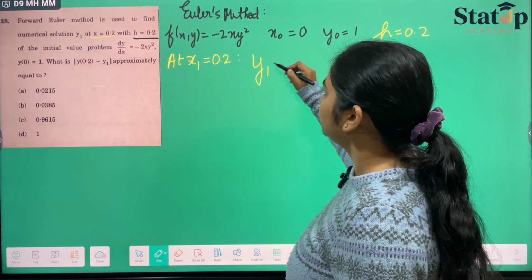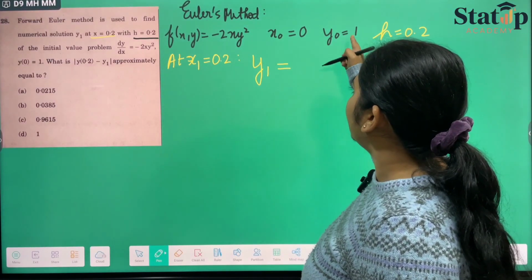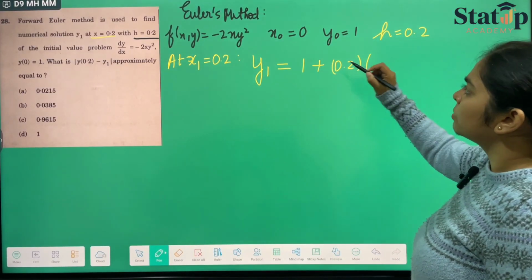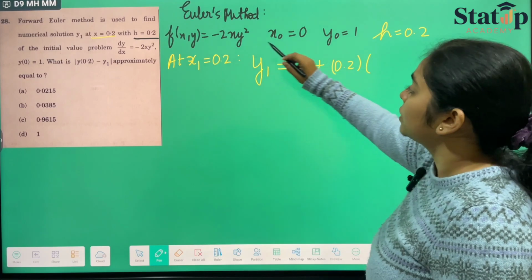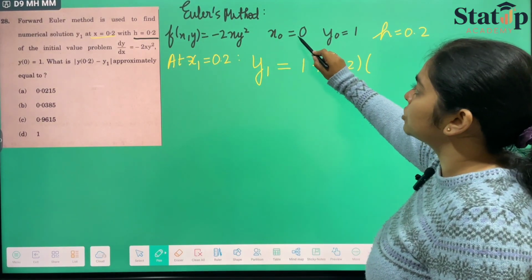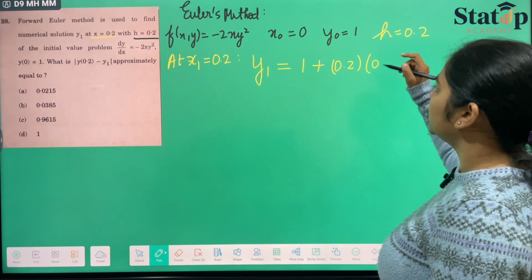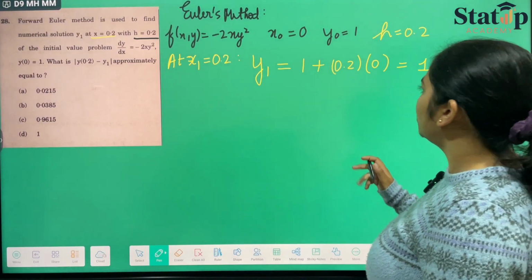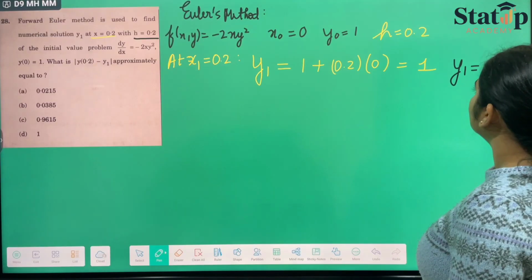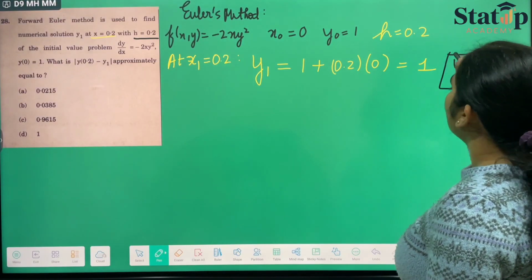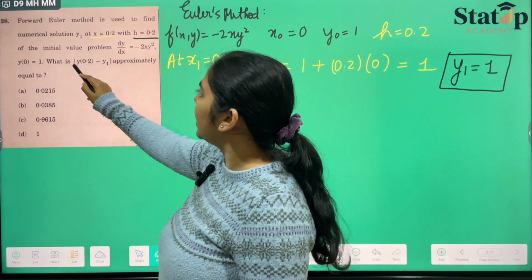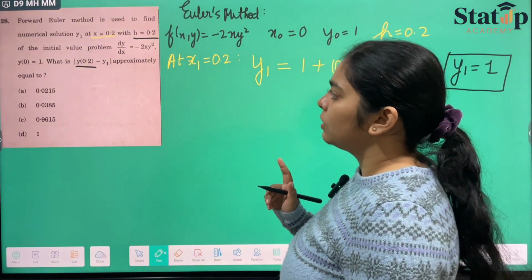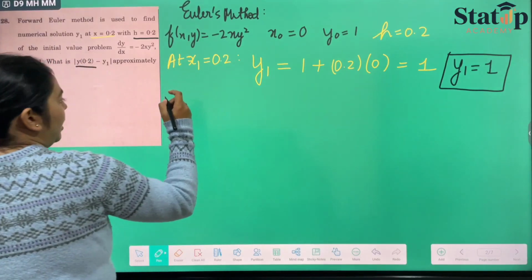So y1 should be equal to y0, which is 1, plus h, which is 0.2, times minus 2xy². Here x0 and y0 square, but x0 is 0, so all are in multiplication, so it will be 0 only, and our y1 is nothing but 1. So we have calculated y1 equals 1 by Euler's method. In the second step, they have asked you to find this y(0.2) by the exact solution. And if we apply the exact solution, see,